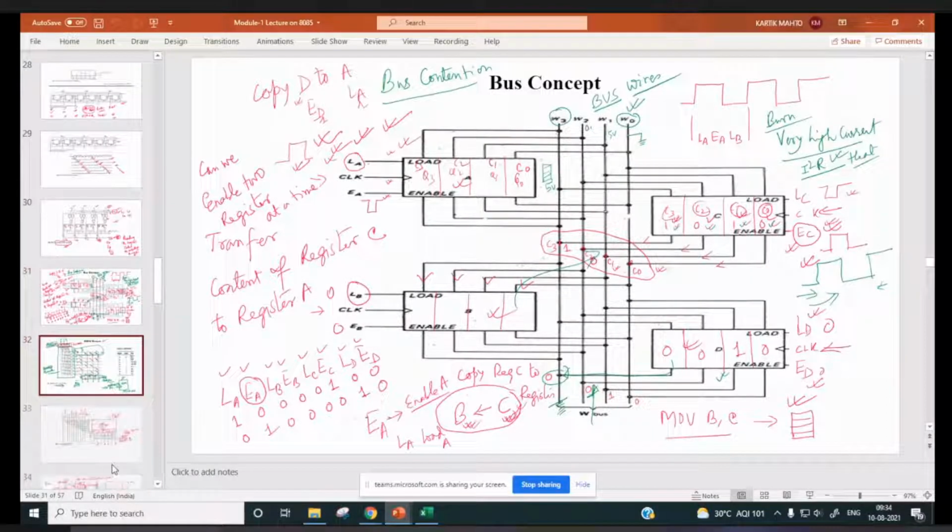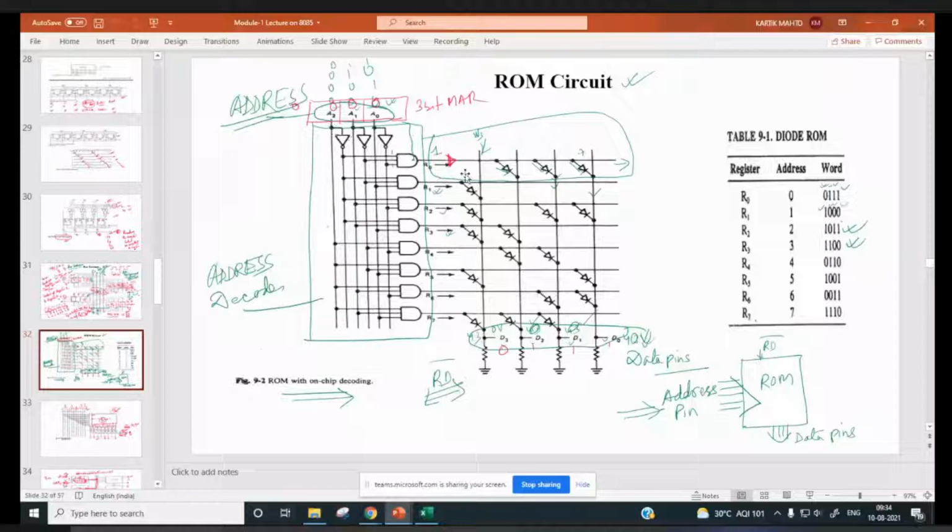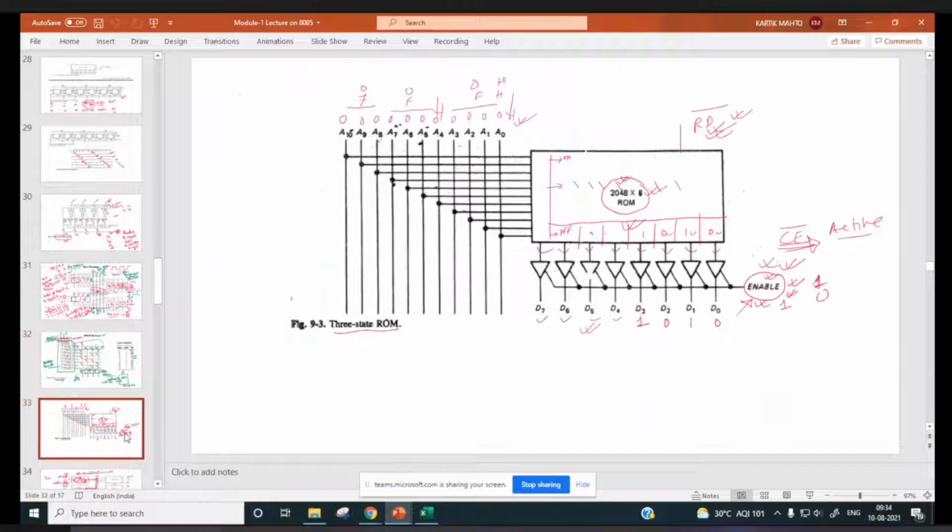Then how we can store data in a ROM circuitry, that also we discussed. Here you can see from these lines A0, A1, A2 the address is coming. This one is the decoder, the address decoder circuitry. Based on this address, a typical ROM location is activated, and from there data comes out via these pins. So all these things we discussed earlier before coming to this SAP1. So you can see in this 2048 different locations, in each location 8-bit data is stored, and for 2048 how many bit address lines are there? A0 to A10, 7FF, you can see.